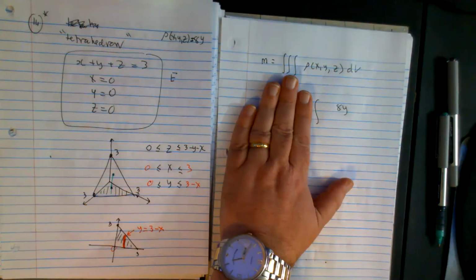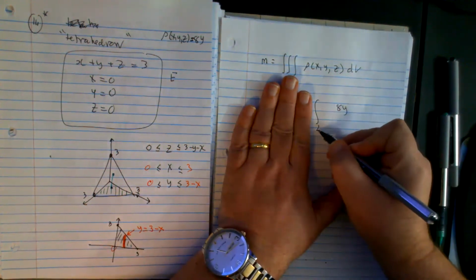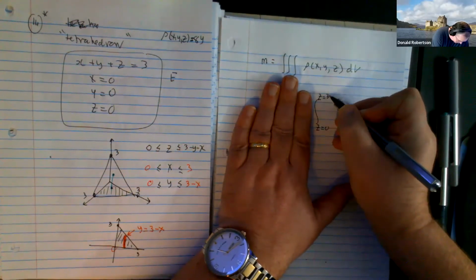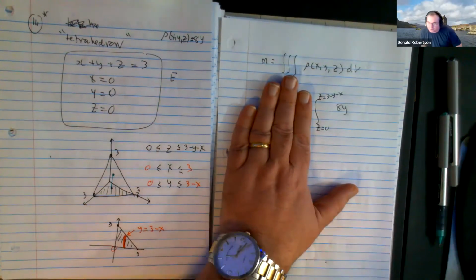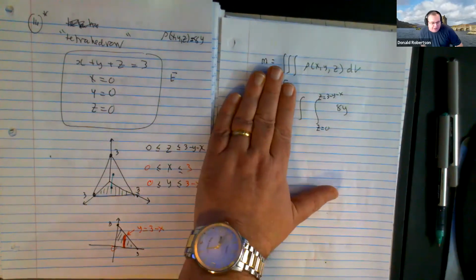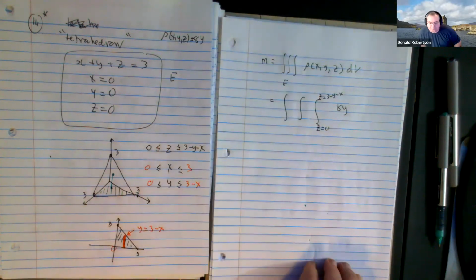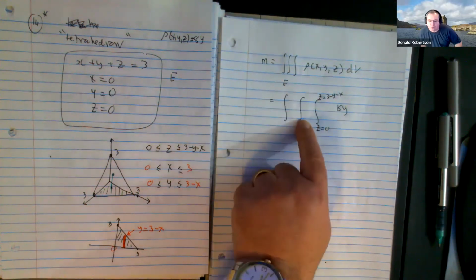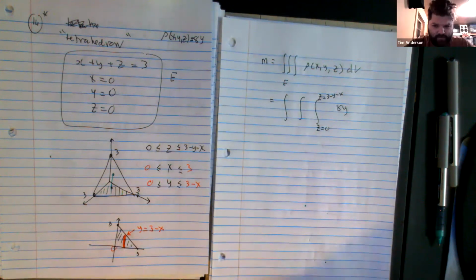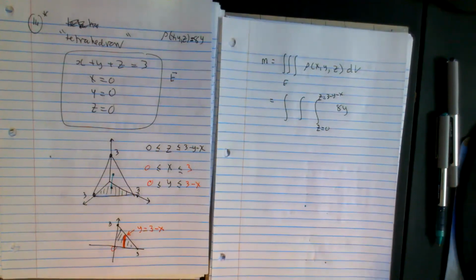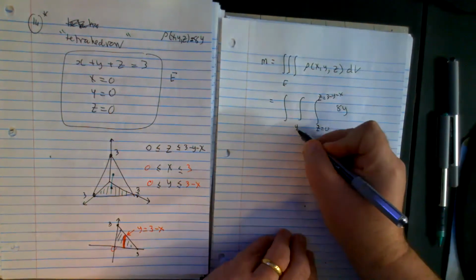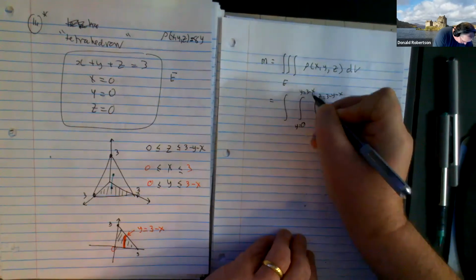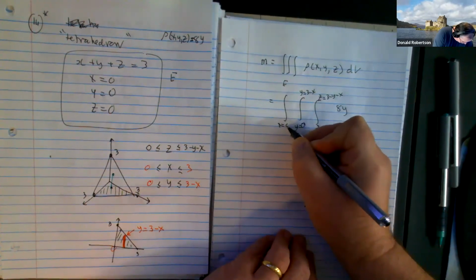It would be Z. What would the limit of integration of the middle one be? X? Are you sure? No, it would be Y. Now, once I put 0 here and 3 minus x here, then the x's would go from 0